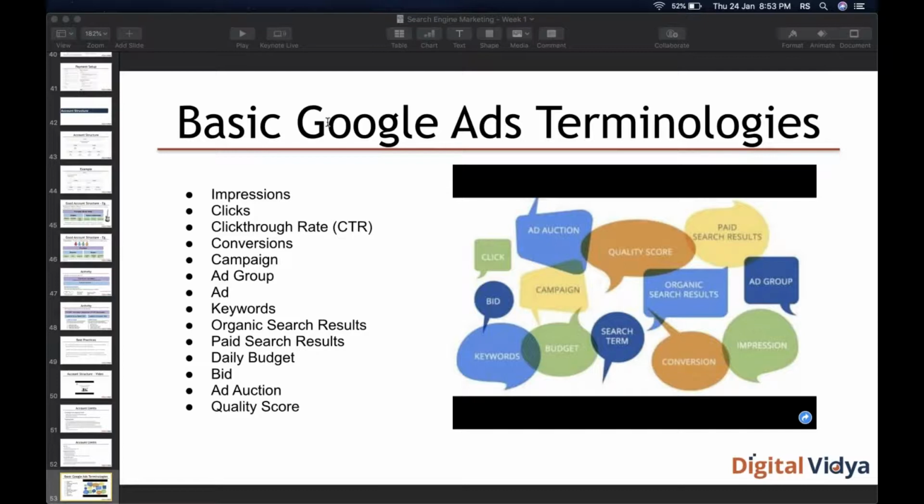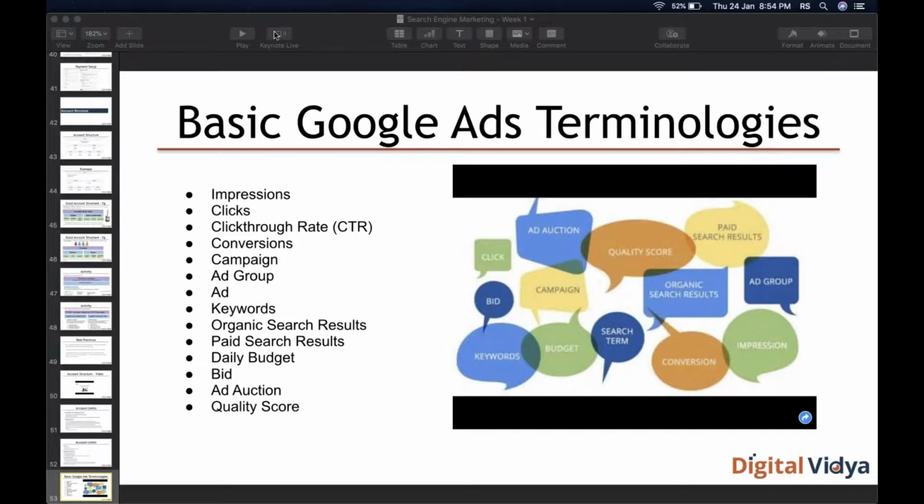Yes, that's a conversion. After the click, what do people do on your website? Do they buy or fill the form and all that? So we can fix a CPC on a keyword. Yes, you can change it anytime. Whenever the keyword is clicked, Google will charge. Yes, Manish. So essentially,